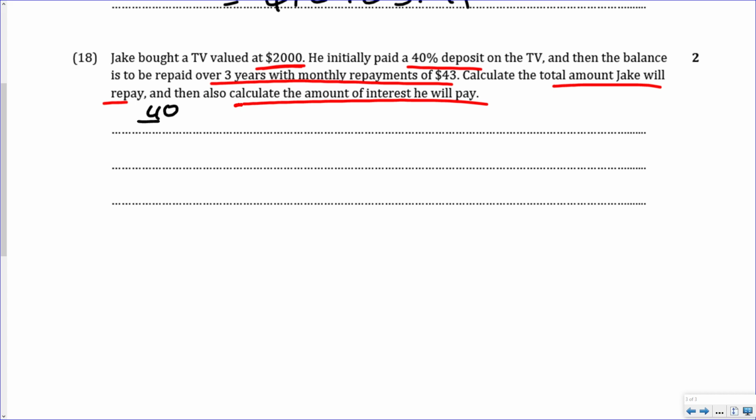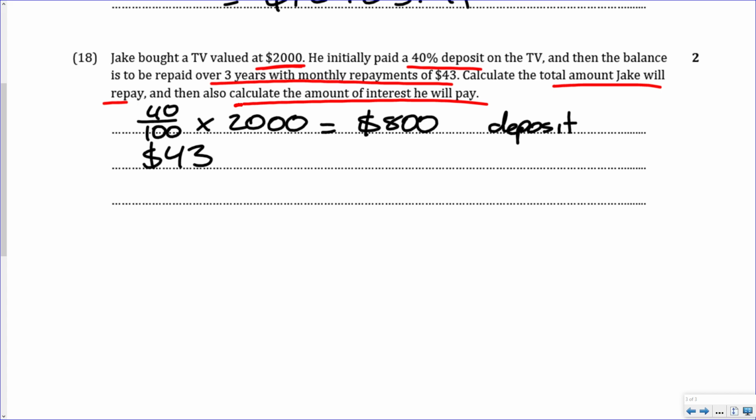We do 40 over 100, times it by 2,000, and that equals $800. So that deposit was $800. He paid $800. He took the TV out of JB Hi-Fi or whatever it was. And so now we need to calculate, well, how much did he pay in repayments? Well, we said that we're paying $43 per month for 3 years. So if we're doing per month for 3 years, that's going to be 36 months. Just 3 times 12. And when you do that, you'll get